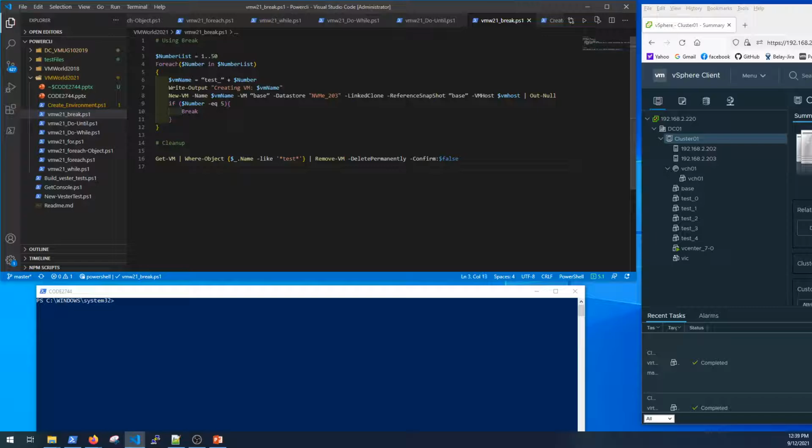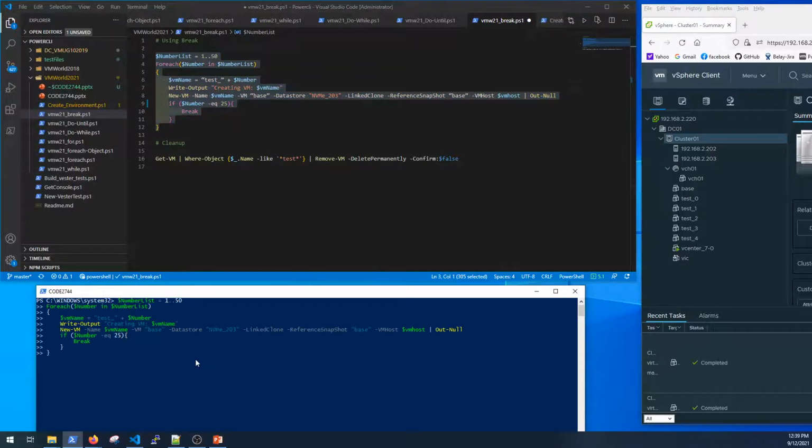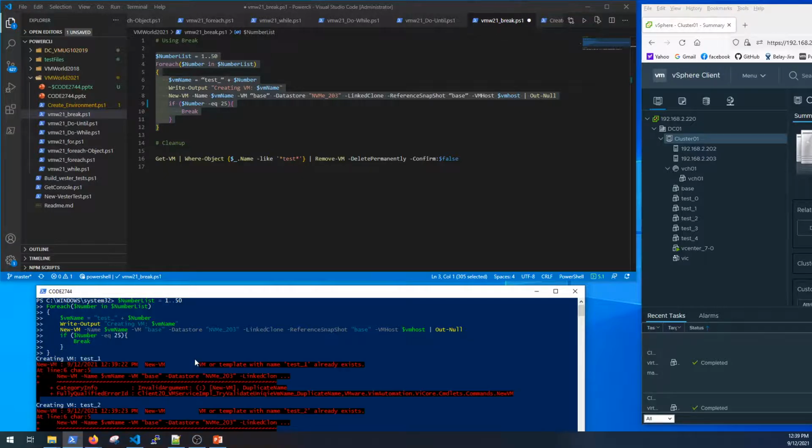And you can see what we have here is I've set my number list to 50. And then for each of those numbers in the number list, I'm going to run this code. But what you don't know is that I've set the word break in here once we get to 5. So maybe I say 25, right? Let's have a little fun. So what this is going to do is loop through each one of these and create a VM. And then once we get to 25, it's going to break. So you'll see